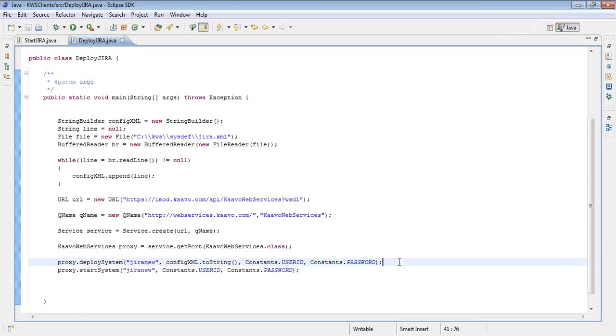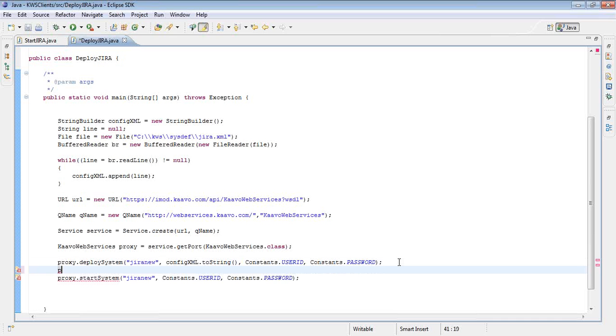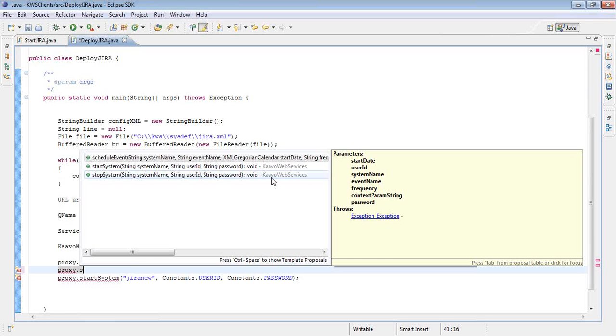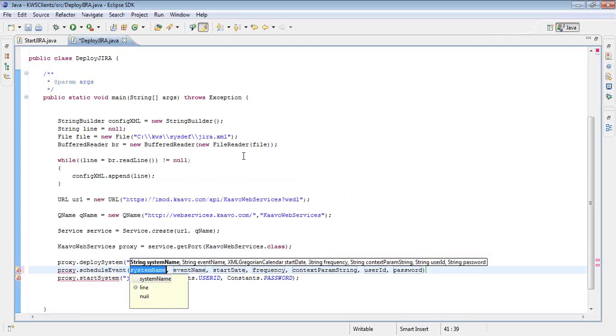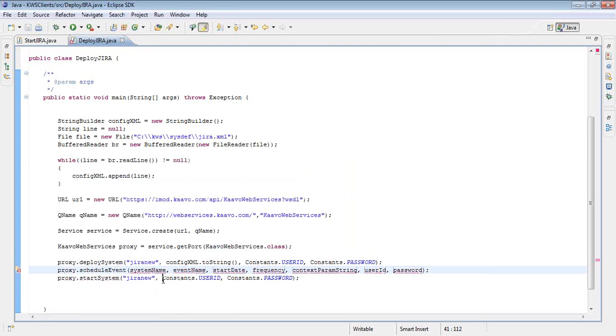And we have a similar method available on the endpoint interface for scheduling events. So some parameters are common, like the system name, the event name.